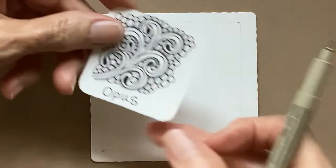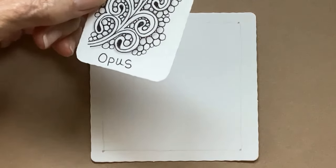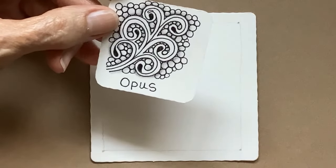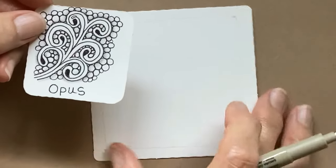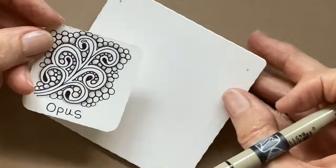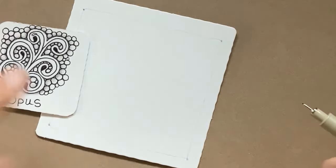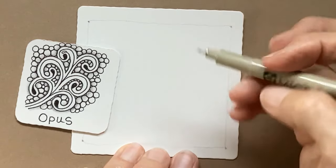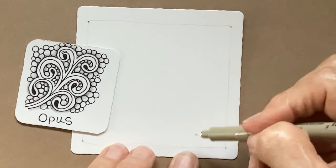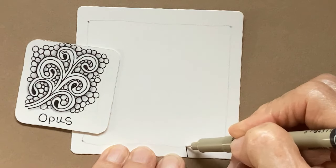And the first one I'm going to show you is Opus. And I will admit that I have kind of a love-hate relationship with Opus. When I get it right, I love it. But for some reason, I struggle with it. I'm going to keep this here as a reminder that it's okay and it's easy. So we're going to start